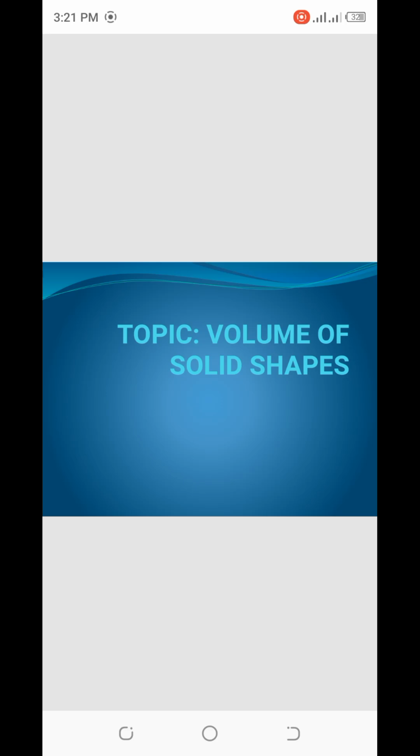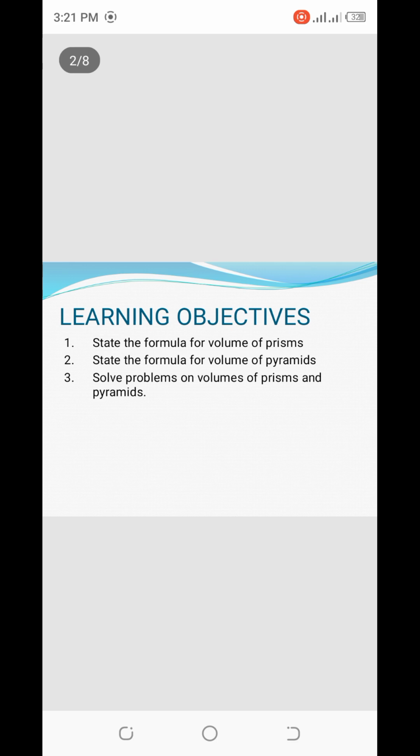Hello, good afternoon, learners. Our topic for today is volume of solid shapes, and our subtopic is volume of prisms and pyramids. Our learning objectives are: